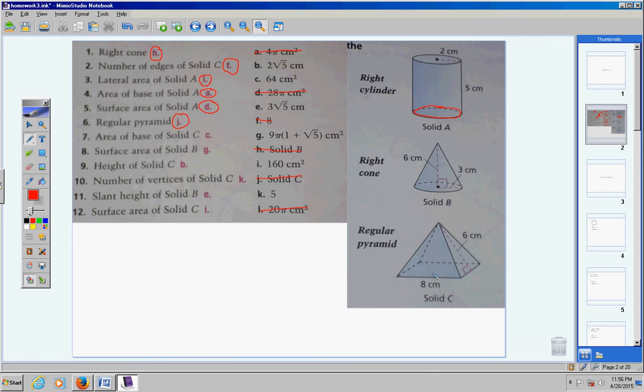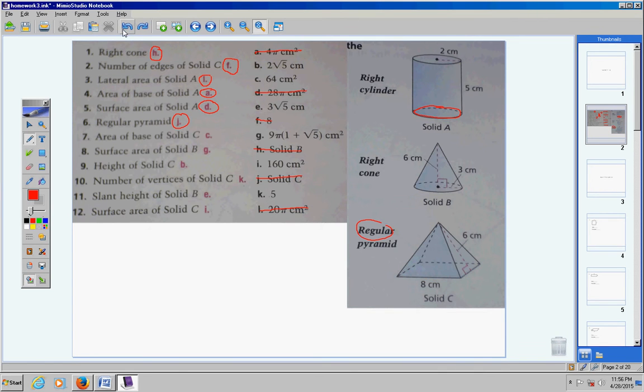It will be regular also. In this case, a regular quadrilateral. So, if the pyramid's regular, which it is, then the base will be regular also. Of course, that means all the sides are the same. So if this is 8, this is 8, this over here is 8, and this is 8 over here. Okay? So what we have is a square for the base, and to find the area of a square is